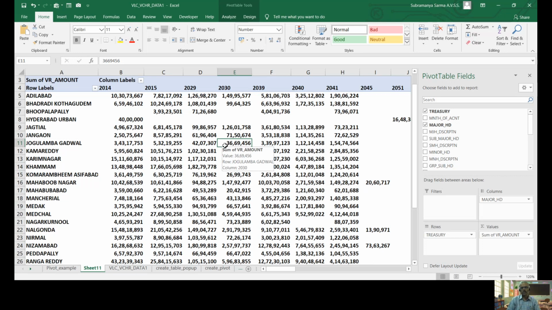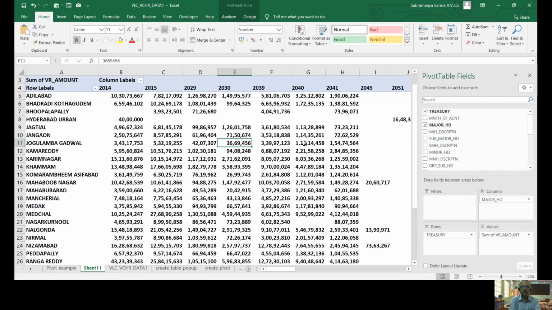Suppose you want to do the same task without a pivot table, you can imagine what effort we have to put in, and not only copying and pasting, again we have to reconcile whether it is properly calculated or not. Sometimes, by applying so many filters, we may go wrong, and again a reconciliation process is required. So I'm pretty sure hereafter, whenever you want to do some summarization like this, pivot table will come very handy. Now we have already seen these 3 boxes, and the fourth one is filters.